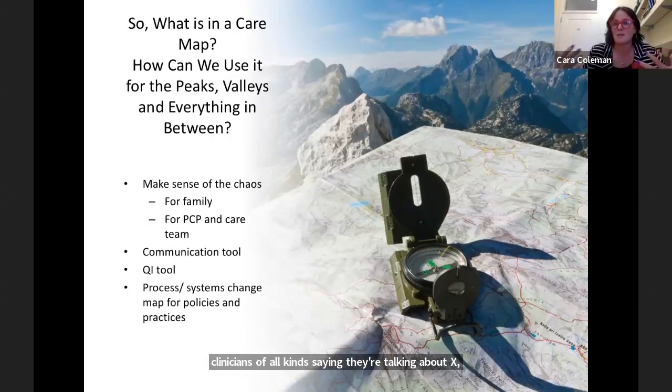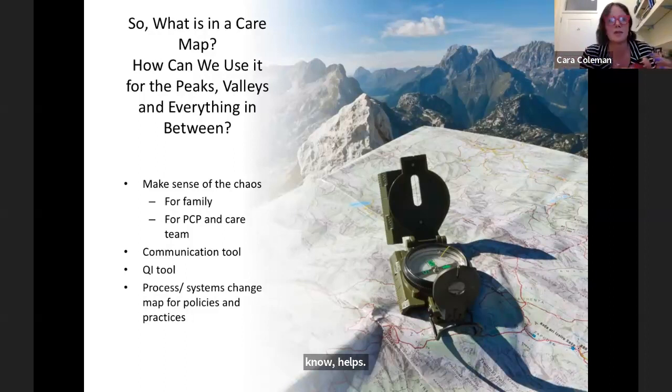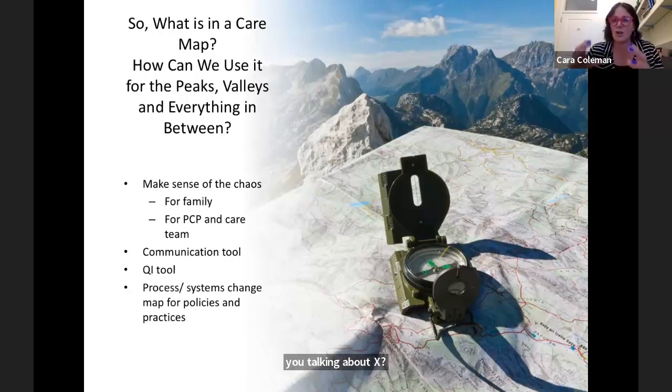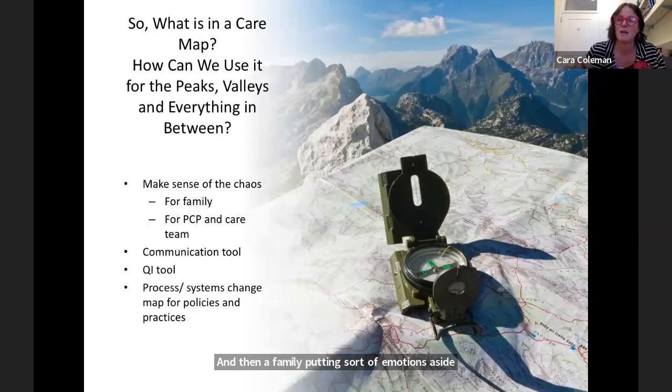A care map is an opportunity for a provider to take time, which I know is really hard and non-existent in healthcare. But this is a tool that is sort of neutral, neutral but not, because it's around the Sherpa. It helps maybe a provider say, you keep talking about X, why are you talking about X? And then a family, putting emotions aside, can show with this framework of a map the reason why I keep talking about